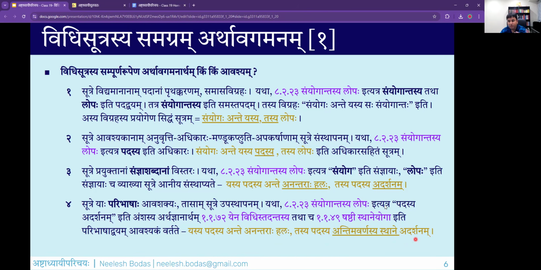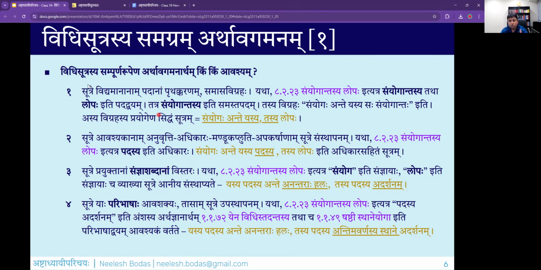And in this course, we talked about padas, we talked about anuvrutti, adhikara, manduka pluti, apakarsha. So we have completed till step number 2. And now the most important steps are understanding the Samnya Sutras and the Paribhasha Sutras, which is going to be the topic of our next module. So the entire module number 3 is all about important Samnyas and important Paribhashas. So after module 3, when we actually enter the Ach Sandhis and the Subanta Prakaranam and so on, we will have all the tools necessary for completing these 4 steps.